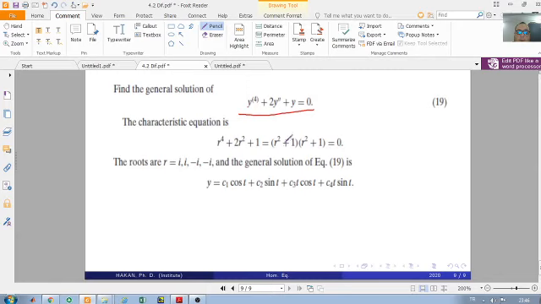And from here, for the first factor, we have i and minus i, because when we compute the discriminant, we don't have r here, which means b is 0, minus 4 times a, which is 1, times c, which is 1,